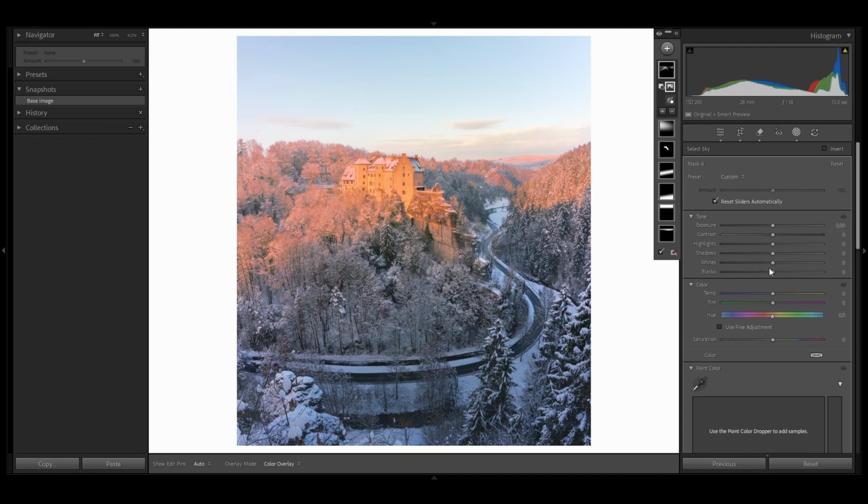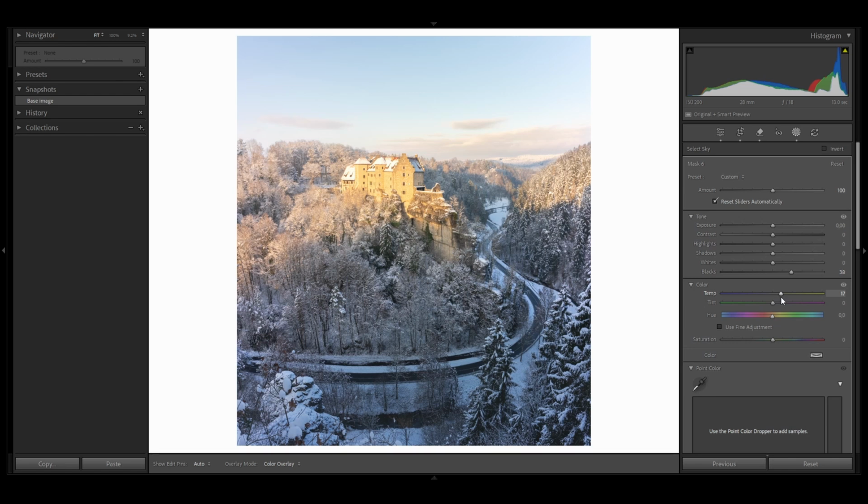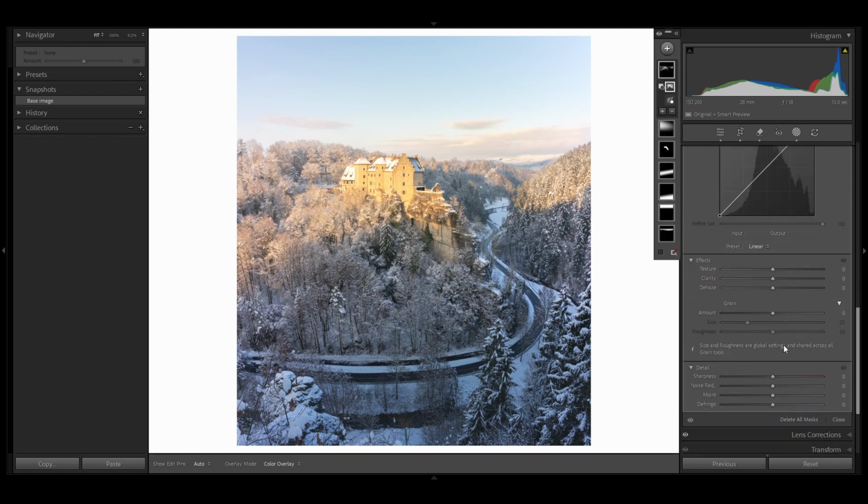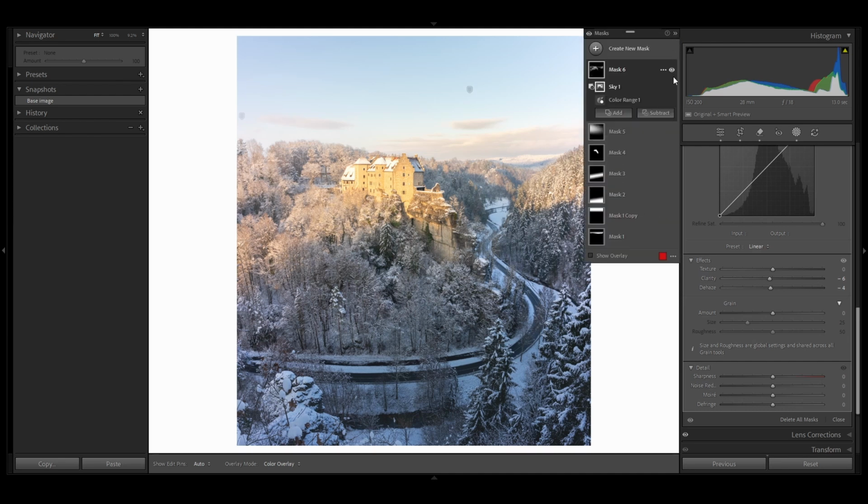And to bring those out even more, I want again to increase the blacks quite a bit, increase the temperature as well, and again decrease clarity and dehaze just a tiny bit in this case. Let's bring that down. All right, let's have a look at the before and after. So this is before and this is after, so it just gives more punch and more warmness or temperature to